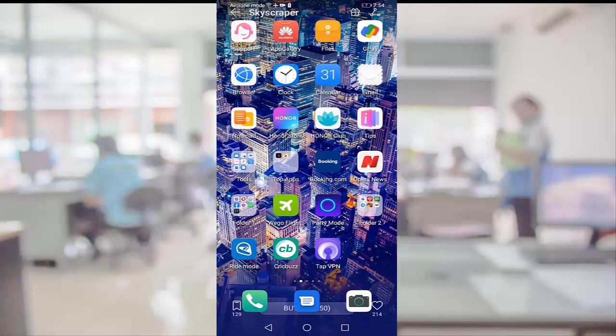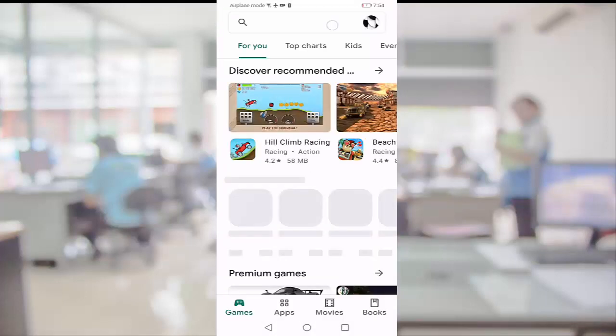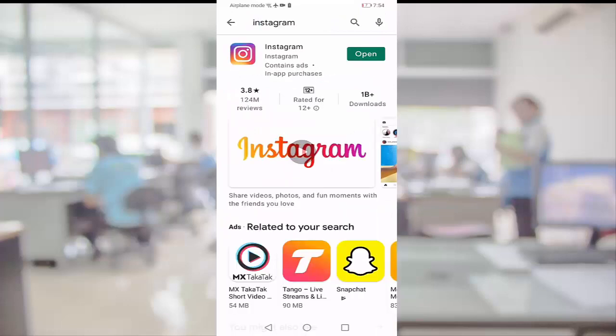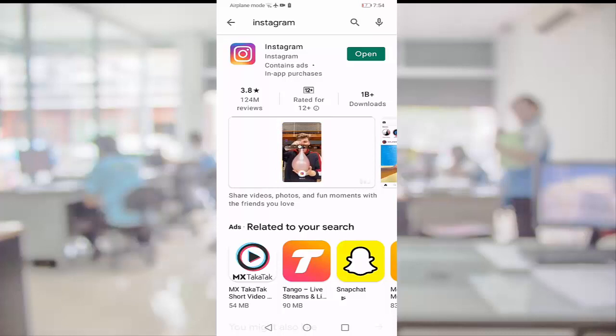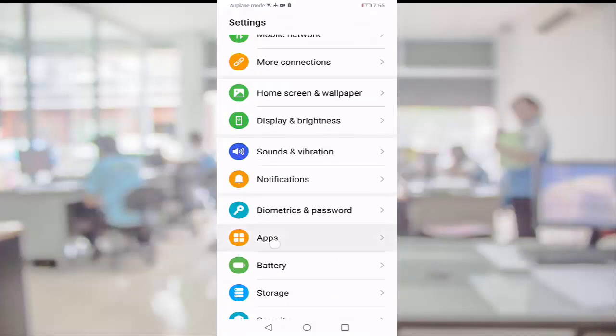First of all, update your Instagram. Open your Play Store, search your Instagram, then update your Instagram. If your Instagram is already updated, then go back, open your settings, open apps,